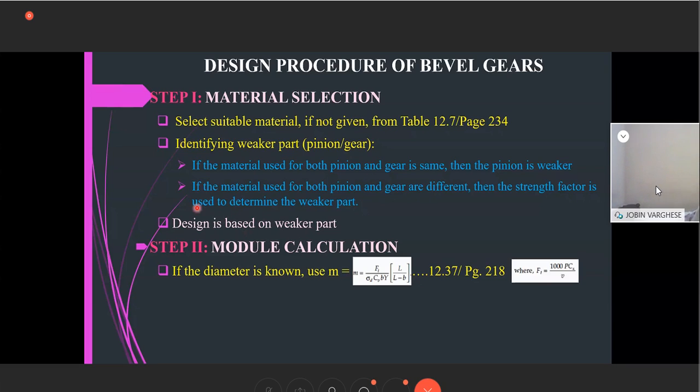Now once we find the weaker one, the design is totally based on the weaker part. So first is determination of how to design and what should be considered for the design. The step 2